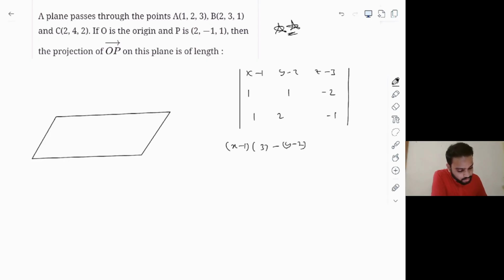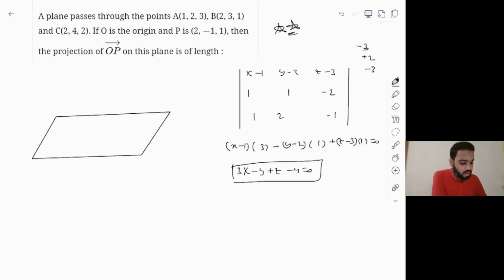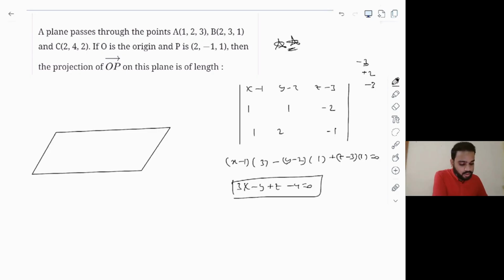Minus of y minus 2 multiplied by this is minus 1 plus 2 which is 1, and plus z minus 3 multiplied by 2 minus 1, 1. Let's check it finally, which is 3x minus y plus z. Constant terms are minus 3 and plus 2 and minus 3, which makes it minus 6 plus 2, that is minus 4, equals 0. So this is your plane equation. And then next, here obviously the origin is